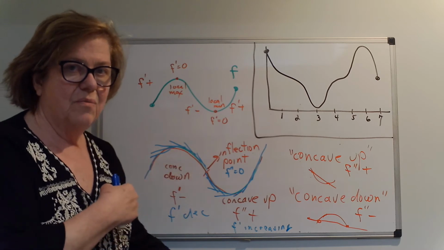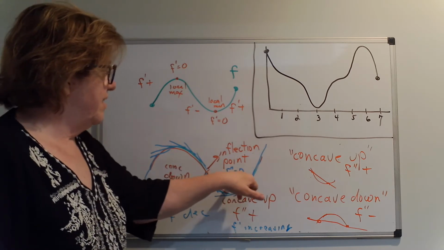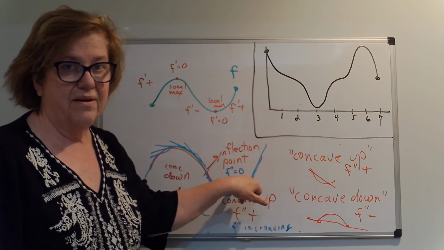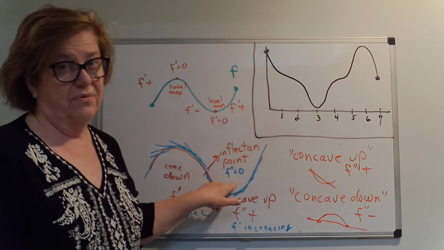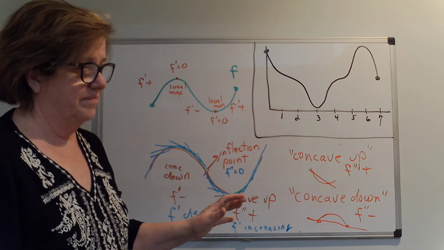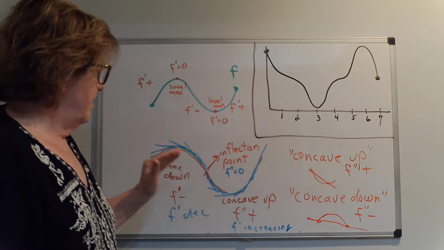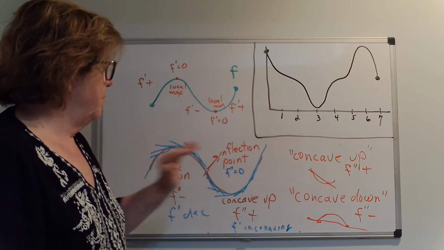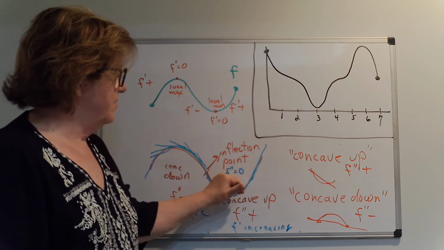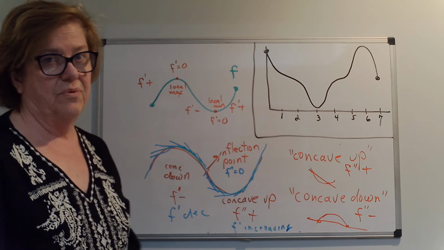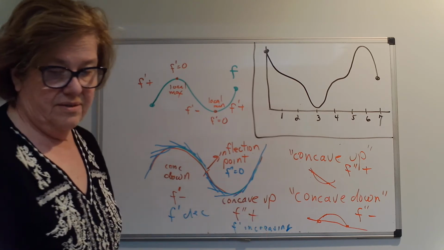But the other way of saying it, we cannot say that if the second derivative is 0 somewhere, then it's an inflection point. We can't say that. We can say that if we have an inflection point, the second derivative is 0. We cannot always say that if the second derivative is 0, we have an inflection point, because it may not be true. For instance,